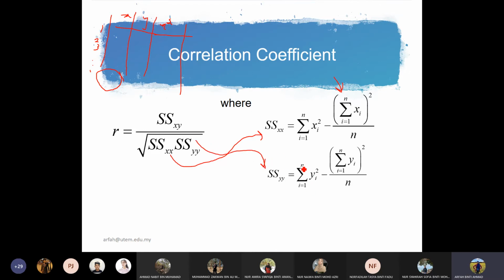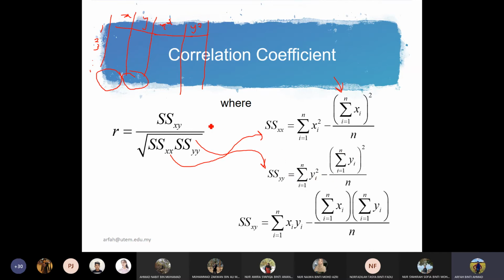Okay. Summation of yi squared. So setiap y ni pun awak kena kira y kuasa 2. And then kena kira juga berapa nilai sum of y. Okay. Summation of yi squared from i equal to 1 up until n minus the summation of yi. That means the total value of y dikuasakan 2 dibahagikan dengan n. Okay. So this is SSYY. And